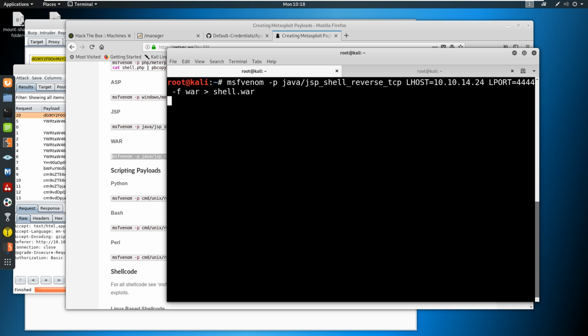And it takes just a second here. Okay, we have generated a shell.war file. That means we need to be listening on this 4444 in order for this shell to come back to us. Let's go ahead and use